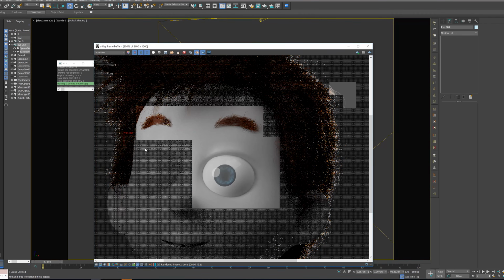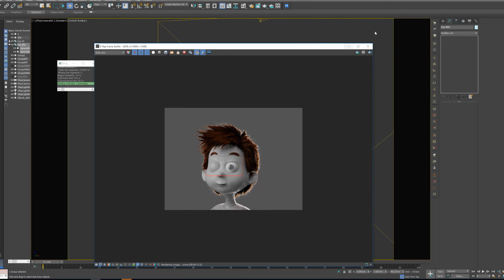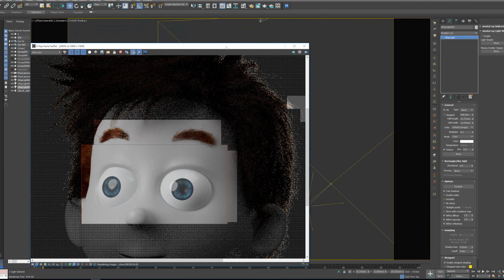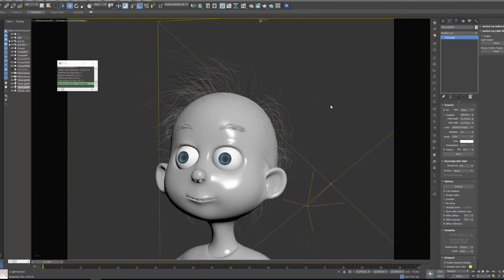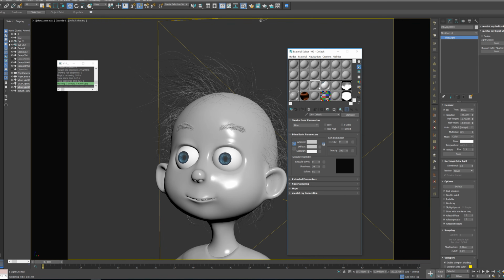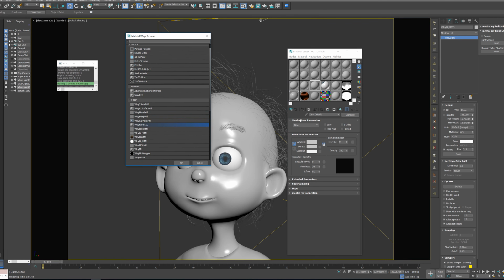Let's make another quick render. Be right back again when the render is done. I think this is starting to look great. A few things that I don't like, but we can change them. Let's close this one, press M. Actually, let's differentiate the eyes from the skin. So let's go to standard